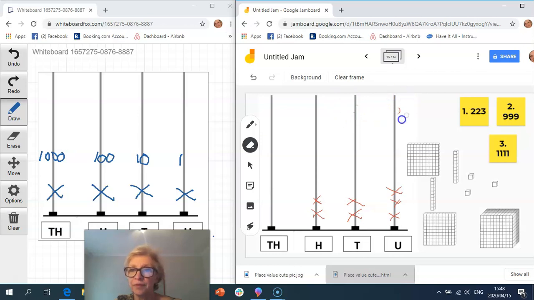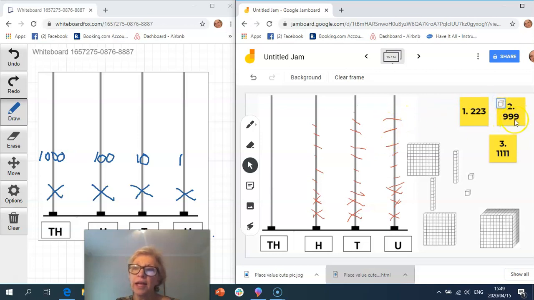Okay, then we're just going to look at the last one now, which is 999. So that is just one less than 1,000. 3, 4, 5, 6, 7, 8, 9. 2, 3, 4, 5, 6, 7, 8, 9. And 9 again. And you add just one more of these little cubes to there, and we would get